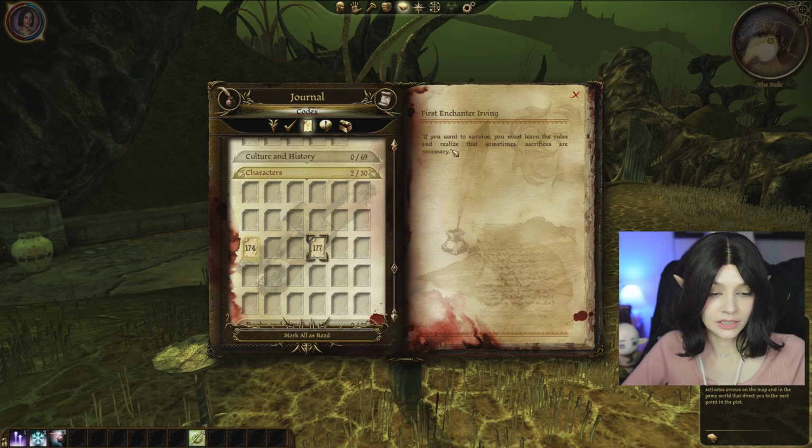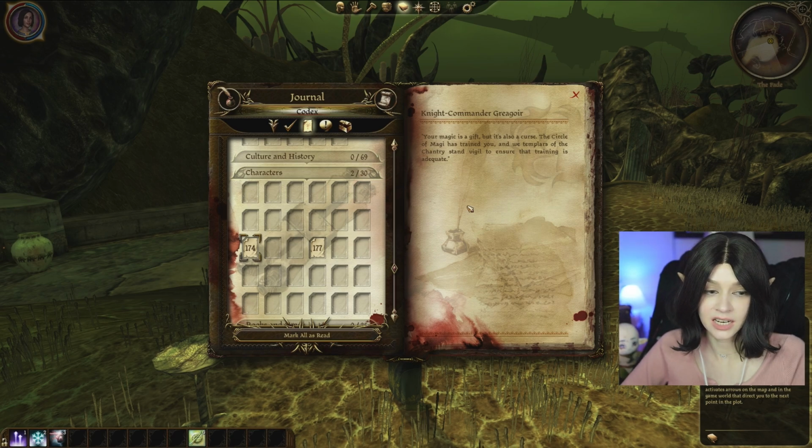If you want to survive, you must learn the rules and realize that sometimes sacrifices are necessary. And then the Knight Commander. Your magic is a gift, but also a curse. The Circle of Magi has trained you, and we, Templars of the Chantry, stand vigil to ensure that training is